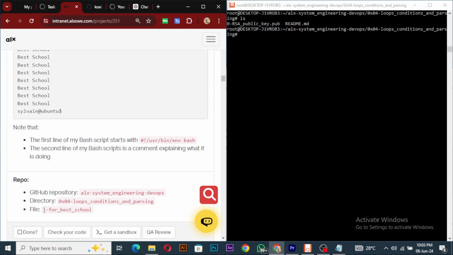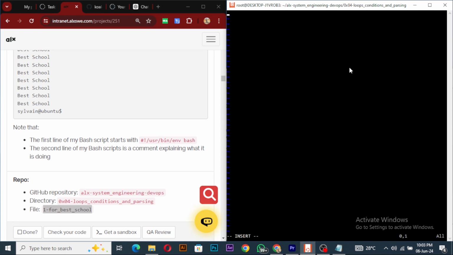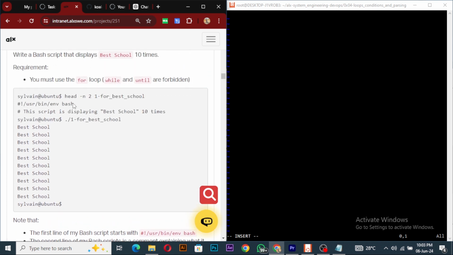So we just copy this file, and then I would put this here, and then let's copy this guy and I'll paste it here. So I think we're good with this. So now we need to use a for loop, and